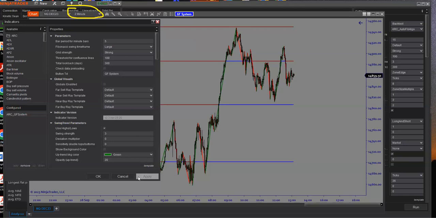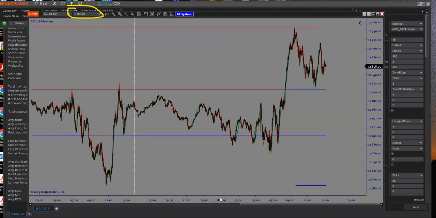Wait a second. You're telling me that I can turn the strength of the levels up? That's the reason why you can't take supply and demand and make it stronger or weaker. You can take this and say, I don't want to trade all the noise. I only want to trade the things that are really going to pay me. And I could even go to the largest and make it even bigger. Now, wait a second. I've just taken the 5 minute chart. These are levels that, I don't care who you are, you can see that.